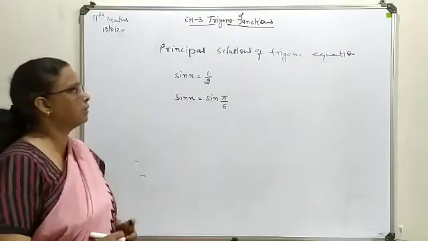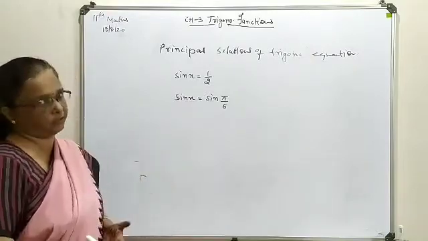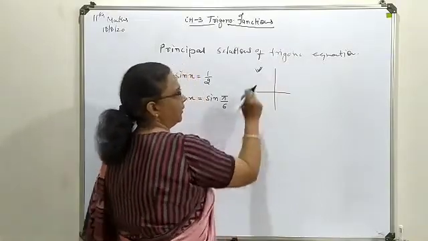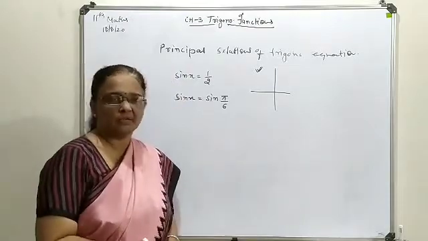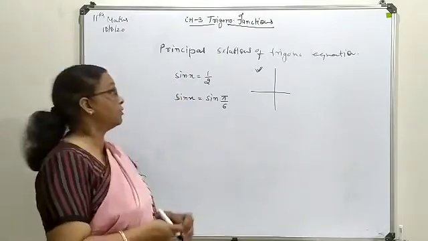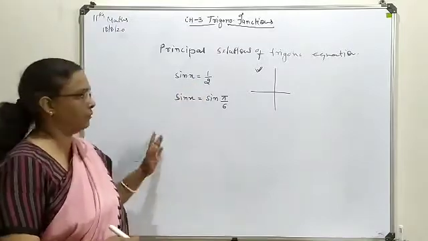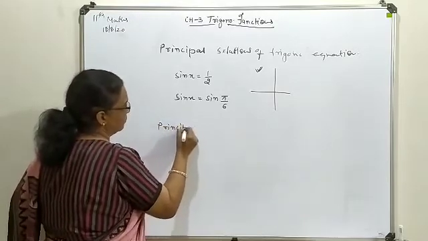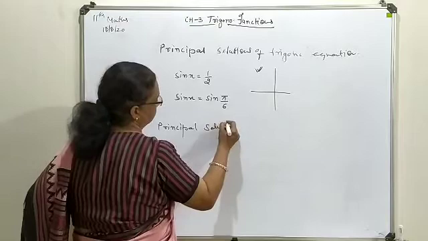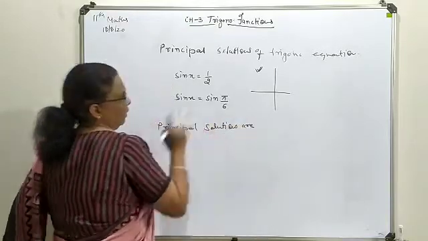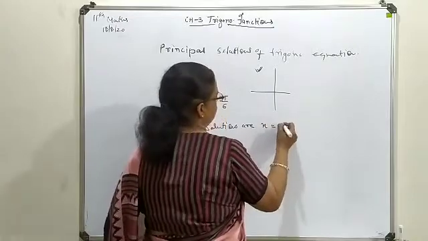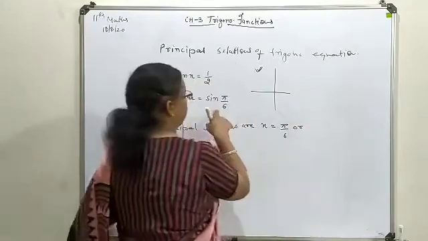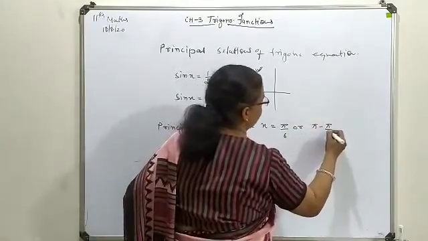Now we will write the principal solution, means the another choice. In the second quadrant, if you want to express any of the angle, it is here pi minus pi by 6. So that will be the another value for which your sine will turn out plus half. So here in general we will write the principal solutions are x is equal to, the first choice is pi by 6, or the other one you will write as pi minus pi by 6.